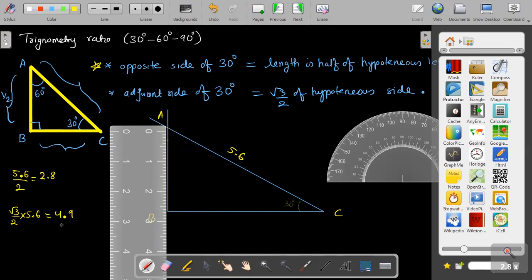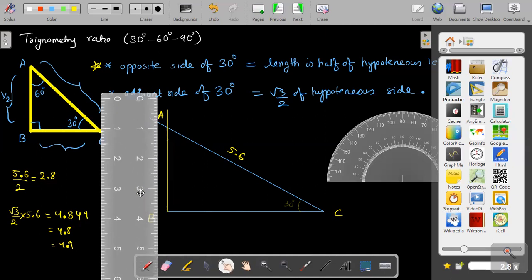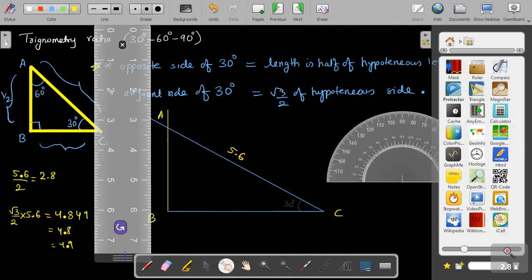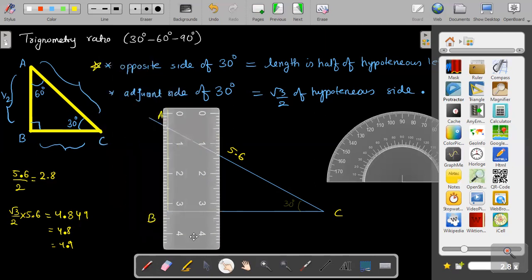Okay, it is giving 4.84 something. So it can be taken as 4.8. The round of figure is 4.8. इसके बाद आता है वैल्यू 9. सो इसको अगर हम राउंड ऑफ करेंगे तो 85 होगा. 85 का अगर हम वापस राउंड ऑफ करेंगे तो इसका आंसर 4.9 भी हो सकता है. So either we can accept the value 4.8 or we can accept the value of 4.9. So let us check our ruler and see whether it is that much.